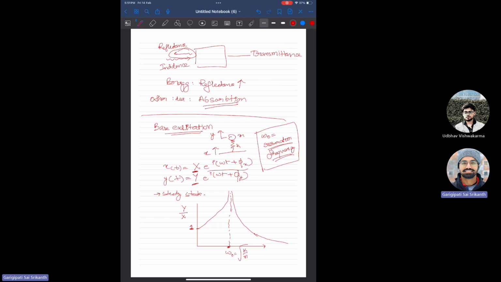So basically, what we are saying is that when the external excitation matches the resonator frequency, the resonator goes crazy. The amplitudes become really high. So you might have observed this in your washing machine. Let's say